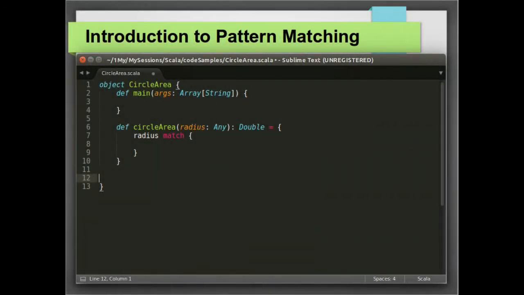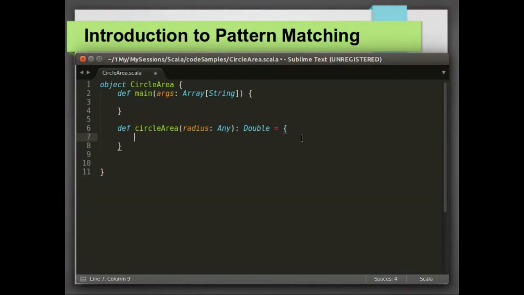Let us have a look at the code. I will declare a method circleArea that takes an input parameter of type Any. There is no restriction on the incoming input. The method will return the area of type Double. We will do a match on radius. If the incoming argument is an int, then we will calculate the area right away.